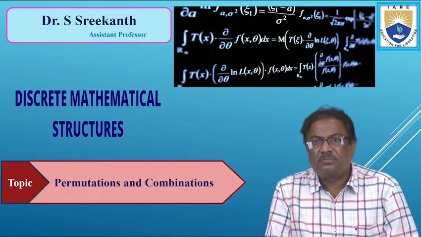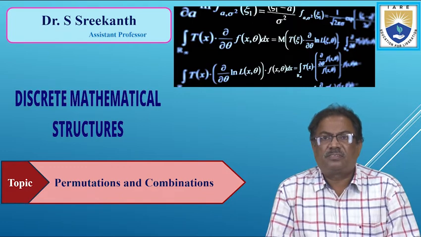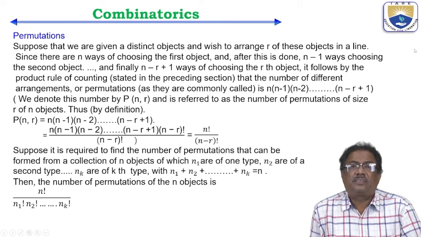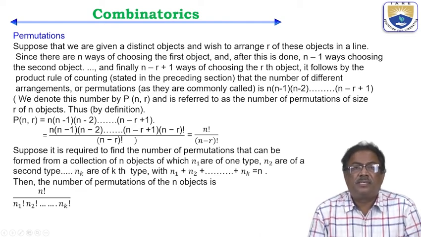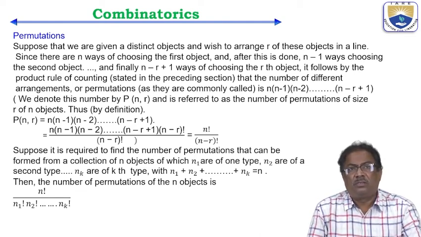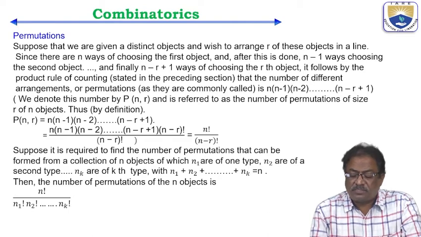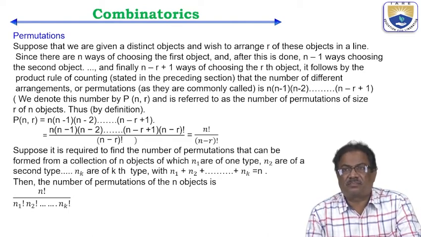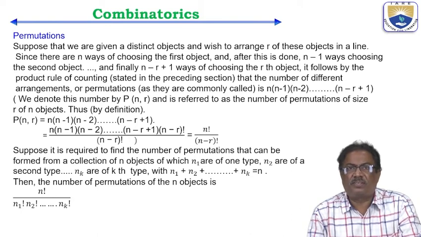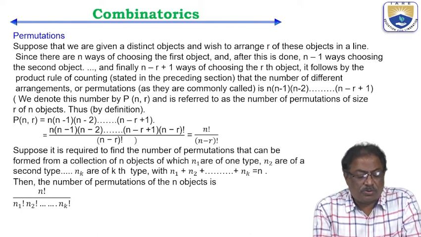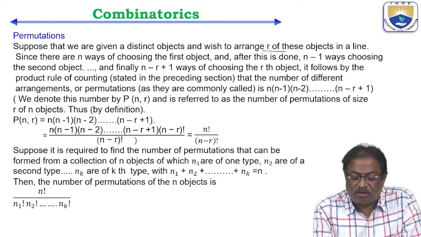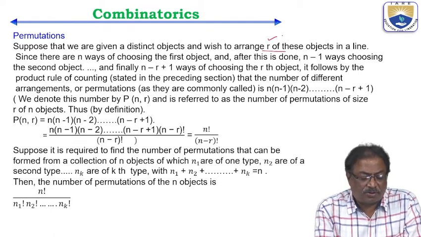Welcome to this session. Today we are going to discuss permutations and combinations. In the last class we discussed the product and sum rule. Permutation means, suppose you are going to perform n tasks one after the other. Let us say we are arranging r objects from n,